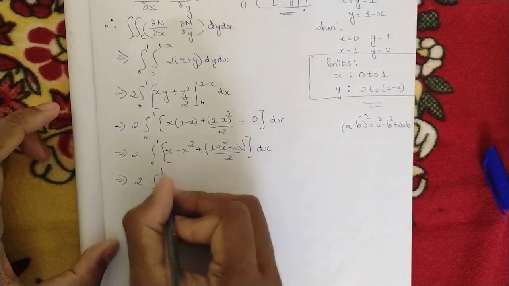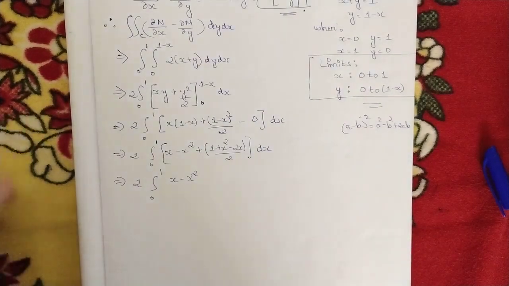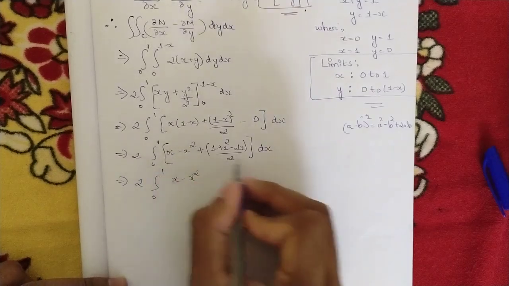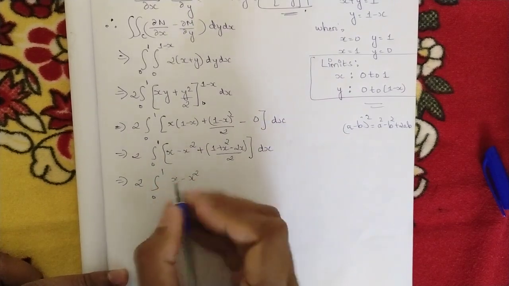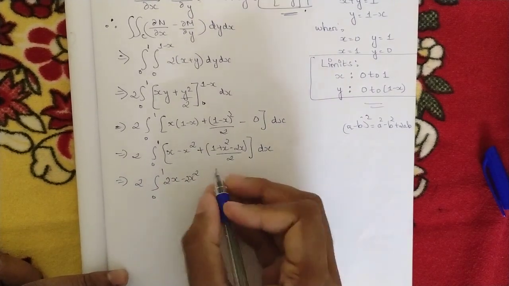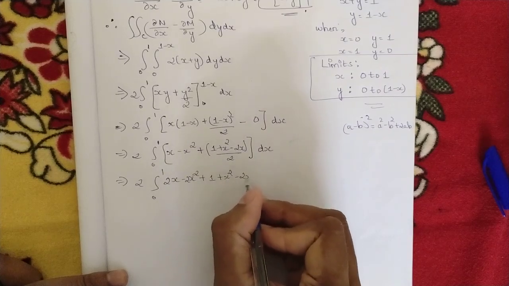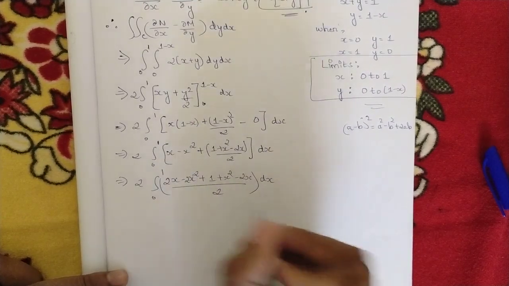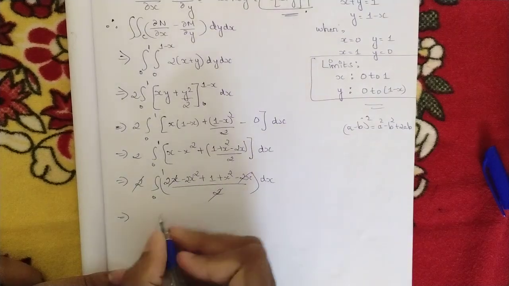Now do the further simplification. x minus x square. You do the cross multiplication here in order to take the common LCM, so we should be multiplying both terms by 2, plus 1 plus x square minus 2x, the whole divided by 2 dx, right? So here 2x and minus 2x get cancelled, and here 2 gets cancelled, and we would be left with